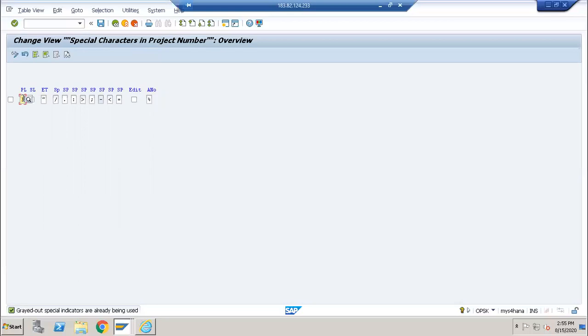But once in the production system, once a project is created, system does not allow you to change it. Okay, this is a one-time activity. Before you create a project, you should understand what is the length of my project, whether I can go with the one length or two length or three length or four length. Based on this, normally the system will allow you to enable the length of the project. Okay, next is when you are defining the number range, the coding mask, there will be some special characters. So those special characters, the system is mentioning as SP only until which is grayed out. Okay, so all these are all the special characters you need to follow when you are creating a project. Now I will go to the CJ20N.